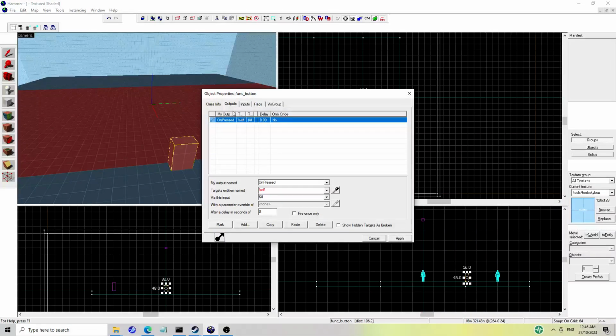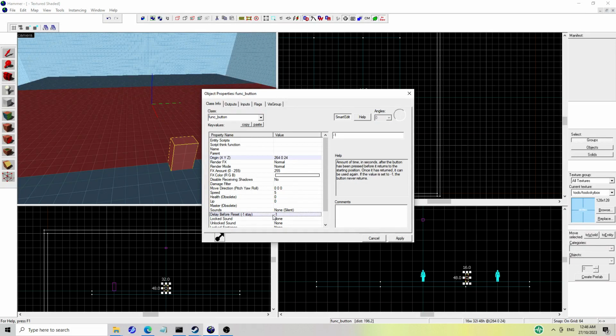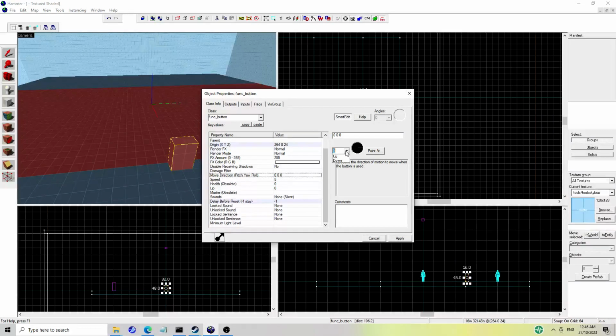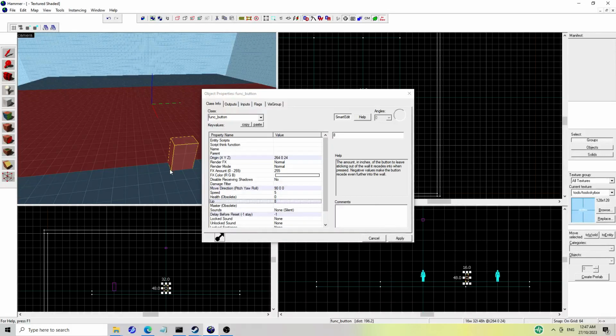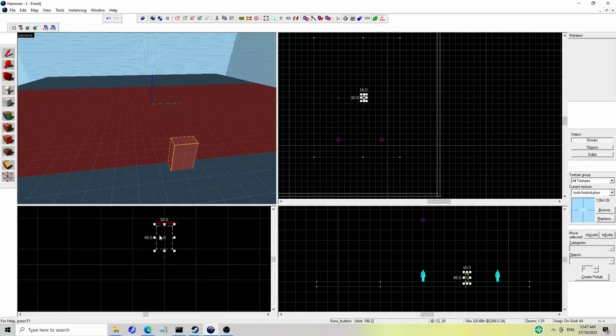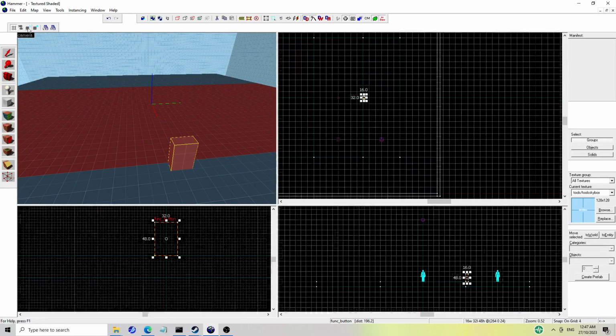I'm going to stick with this method for now, so you don't actually need that because the button's going to die anyway. But you can do that if you want something fancy, like the button. You can make the button go down when you press it. See, I want you to experiment, play around with the settings, find out what lip does. Well, I'll just tell you. It tells you in the box the amount in inches the button will leave sticking out of the wall. Basically Hammer units. So if I did like 8, then when it goes down, it would go down to,